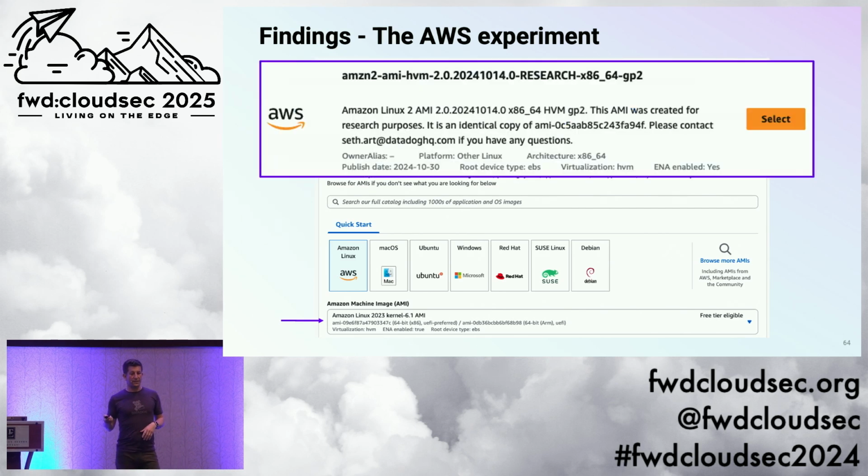So we worked with AWS, and we published an AMI with a very specific name and a very specific description that had a lot of info on how to contact us. And unlike my C2 binaries, these are bit-for-bit clones. So you're getting exactly what you're looking for, but it would be coming from the attacker's account to prove the scenario. Unfortunately, it was never used in this, so this is not vulnerable.